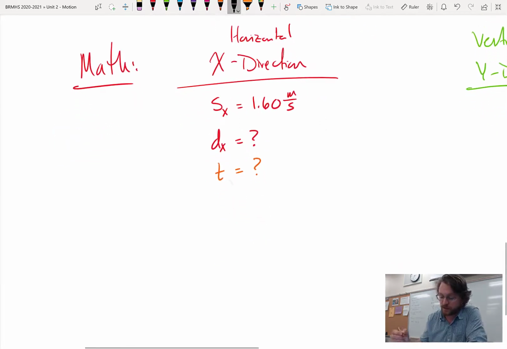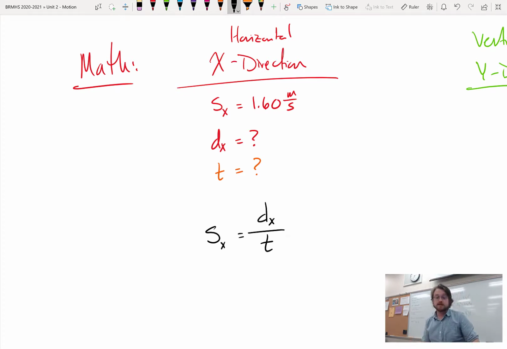Our equation that we care about using for the x direction, remember, horizontal direction, is just the speed equation. So it'd be like speed in the x direction equals distance in the x direction divided by time. Same equation, we're just using these little x's, subscripts they're called, to keep track of what we know in each direction so we're not